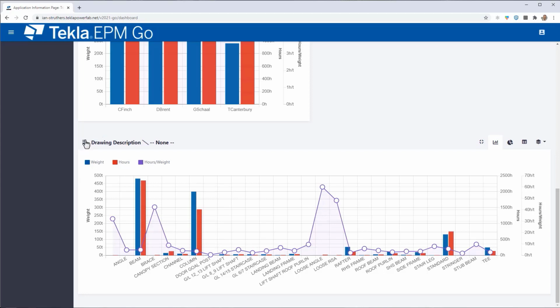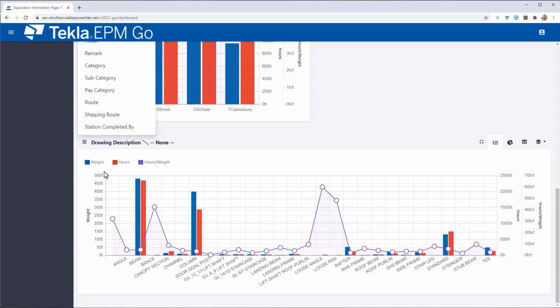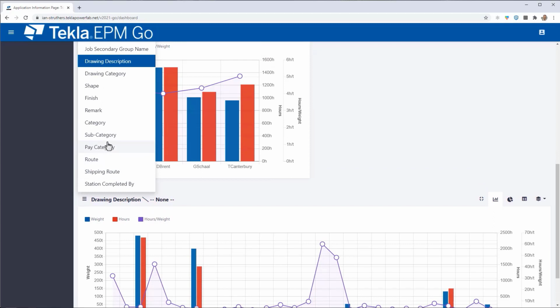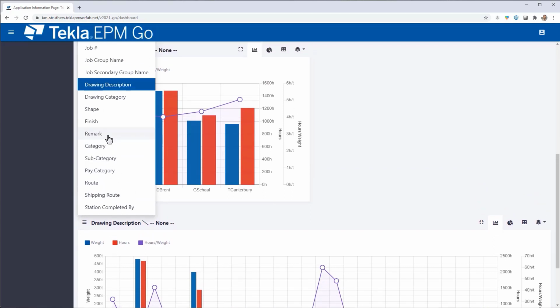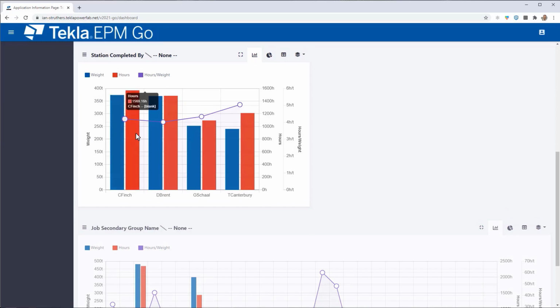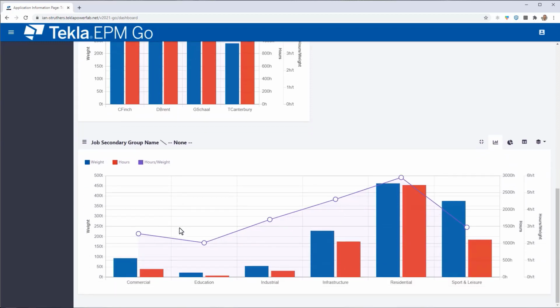But yes, I have the ability to change these. Maybe if I go to secondary group name, which I use to classify the industries or sectors that I've worked in, I can see that over the course of that 4-month period, my most efficient sector for fabrication is education, whereas residential is the most labor intensive, and that might change how I target work.